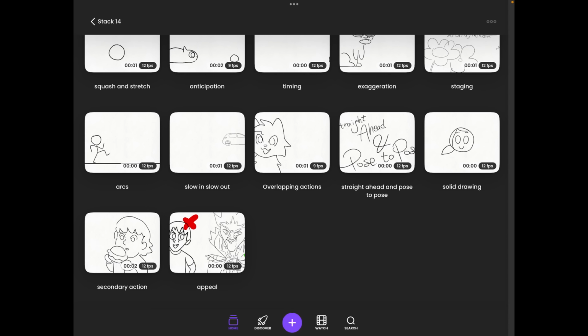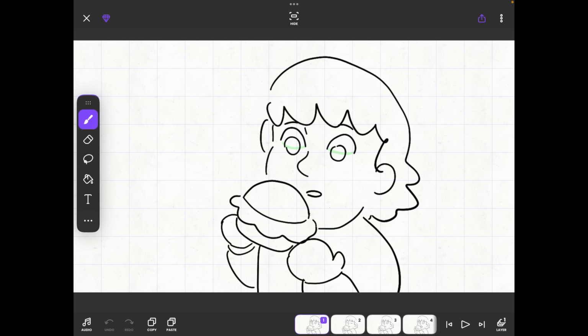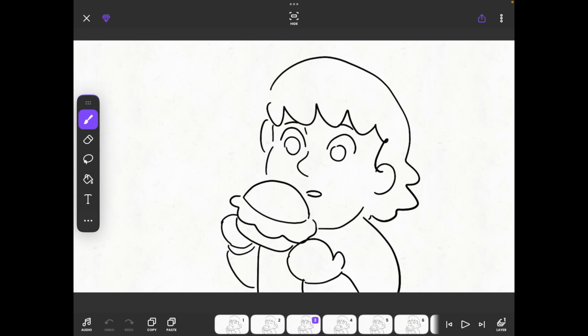And then we have the secondary action principle, which is one of the most underrated in my opinion. Secondary action is the animation principle that adds supporting movements to strengthen the main action. The secondary motions do not distract or compete, they enhance the animation by adding personality. So basically, a main action is the primary thing a character is doing. A secondary action is any smaller motion that happens at the same time and helps communicate emotion, personality, and other nuances. In this animation, which I'm gonna make you see,